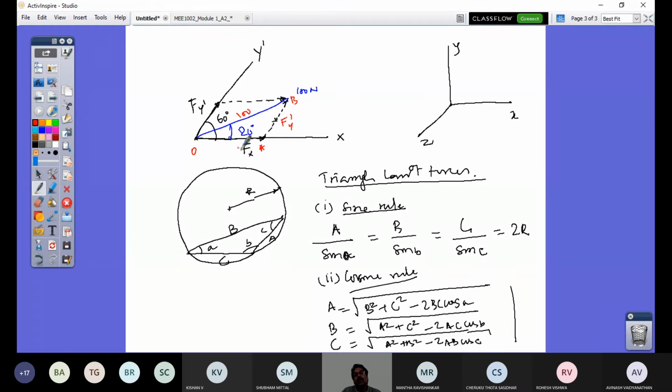That's all. I know the interior angles of this triangle from this geometry. So that's very clear. How? What are those angles? If this angle is 20 degrees here, and this y dash axis is inclined 60 degrees to the horizontal, then obviously this angle is 60 degrees. If this angle is 60 degrees, this inner angle is going to be 120 degrees. So in triangle OAB, if this is 20 degrees and this is 120 degrees, you know the sum of the angles in a triangle is 180 degrees.